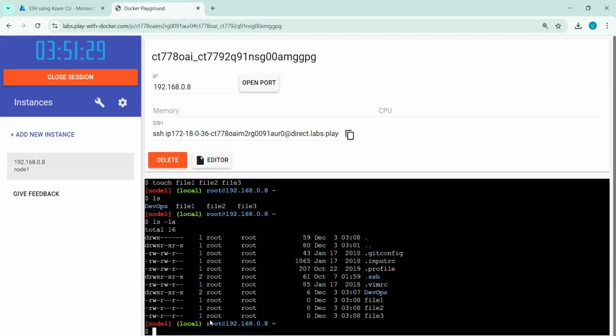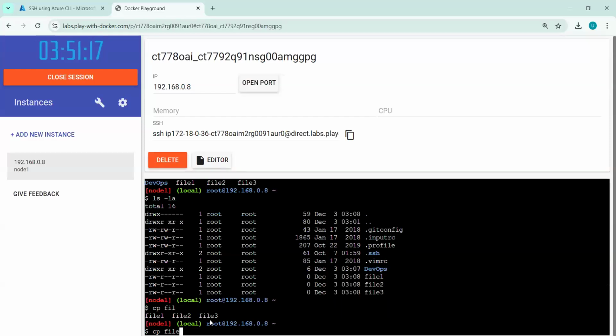we have learned how to copy the files. So if I want to copy the file, the simple command is cp, then the file which I want to copy. Let's see, I have to copy file1, you can see file1, and where I have to copy it to the DevOps folder. So cp file1 DevOps. This way, source file1 will get copied to the destination, which means it will get copied into the DevOps folder or DevOps directory.